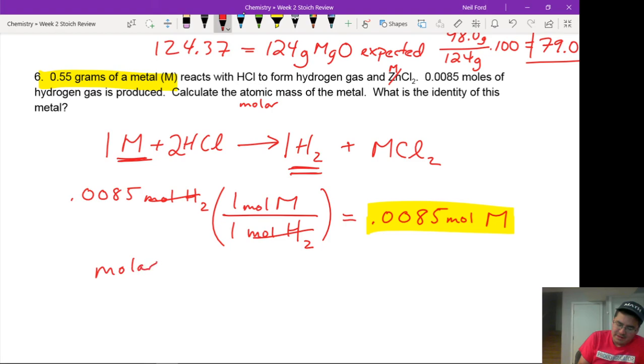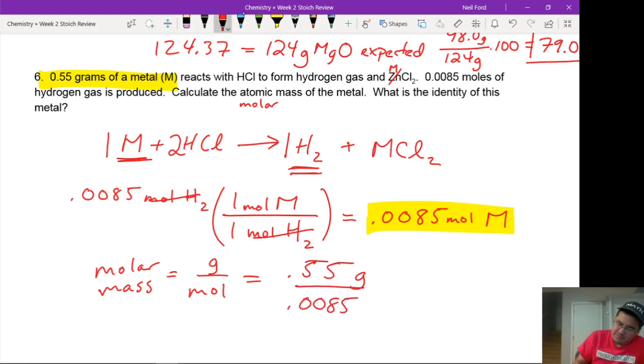So molar mass is always equal to grams over moles. So I just take the mass, 0.55, divided by 0.0085, and it comes out to, I'm going to keep some extra sig figs here for now, 64.71 grams per mole,